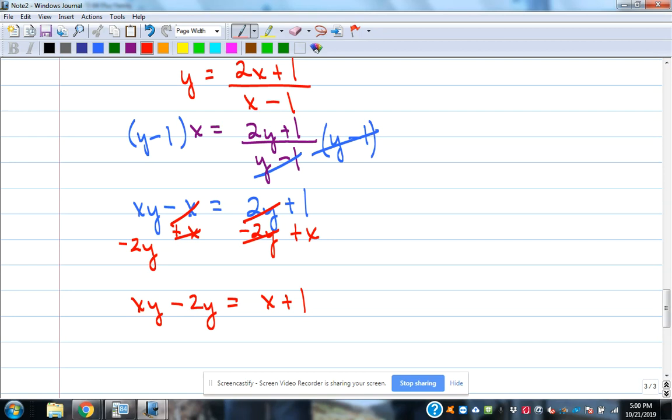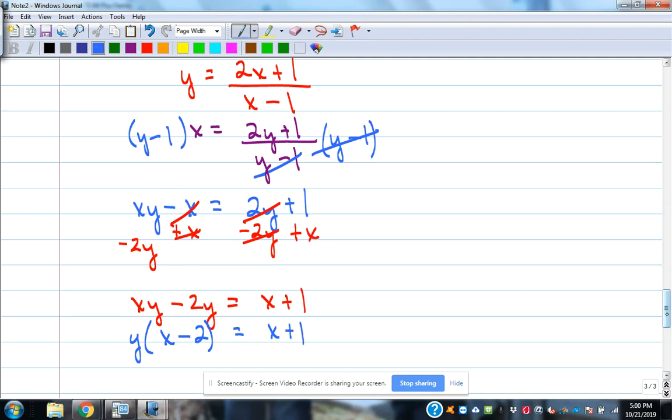xy and 2y. They both got a what? A y, which is also called a common factor. Common factor, right? So can I factor a y out of those? Mathematically, it's legal to do that because they both have it. So if I do y and then x minus 2,